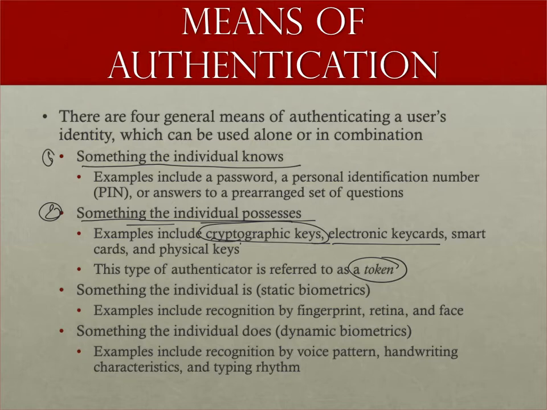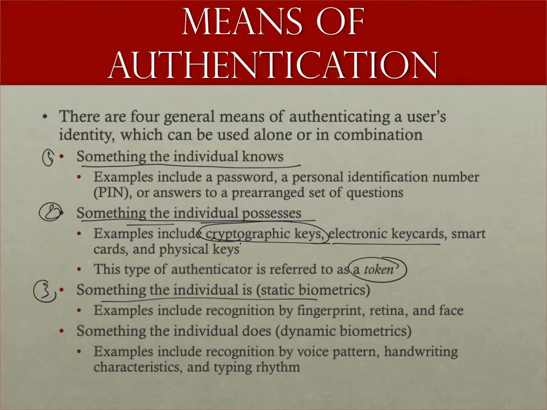And then you have to present this token to the system every time you want to verify your identity to the system. Or something the individual is, like your signature, the eye, fingerprint,